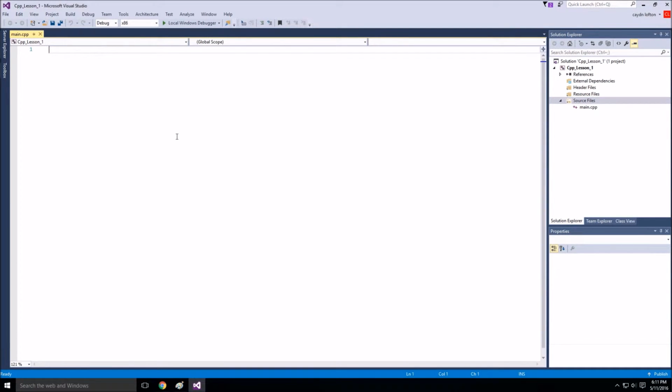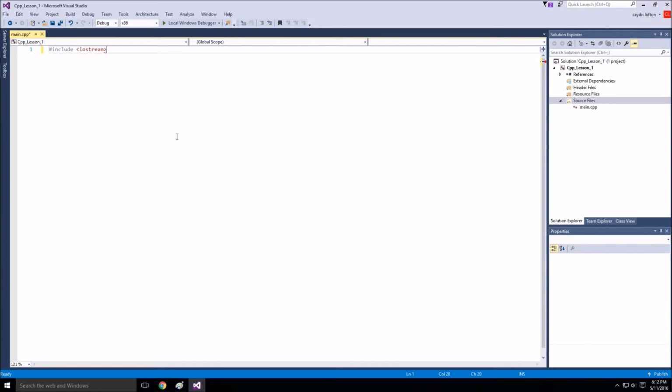So you're going to pop up with this. This is essentially just a blank CPP file, or kind of like a blank text file, just a different extension on the end. So really all you're going to contain here is words, letters, that sort of thing. But this is where you'll store your code. So the first thing we're going to want to do is, since this project we're working on is going to use output, so we're going to output some content to the screen, you're going to want to include the Iostream